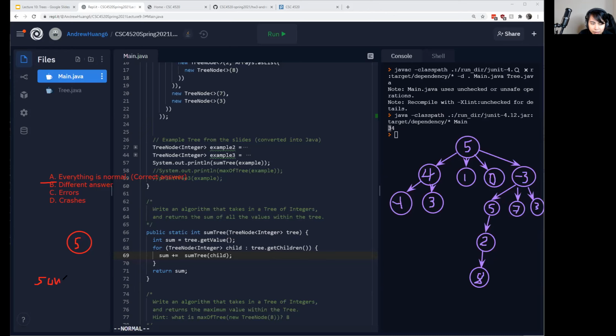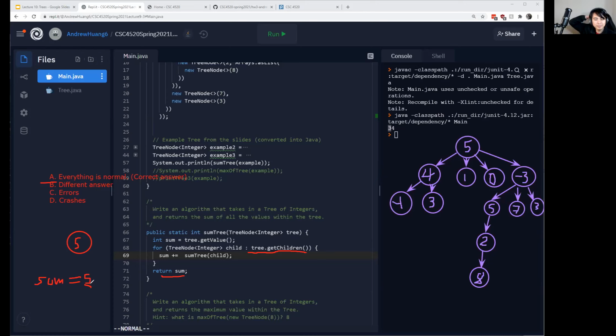That's not confusing. Sum is equal to 5. And we know that get children is going to return an empty list. Since get children will return an empty list, the for loop doesn't fire. Since the for loop doesn't fire, we just go ahead and return sum, which is 5, and then we're done,